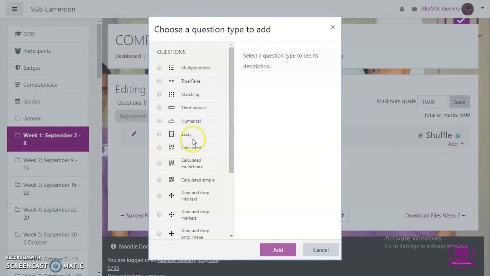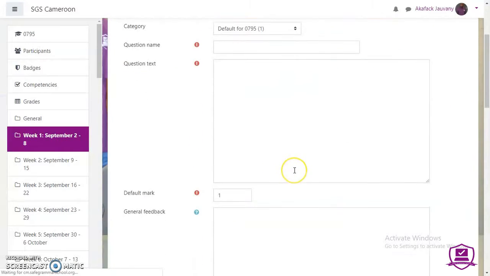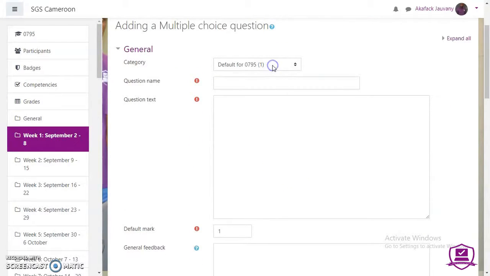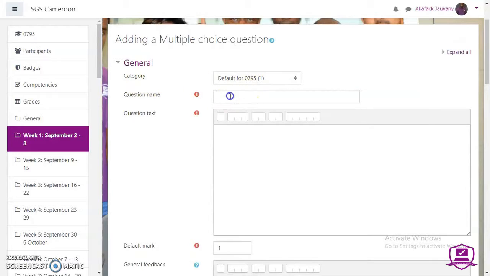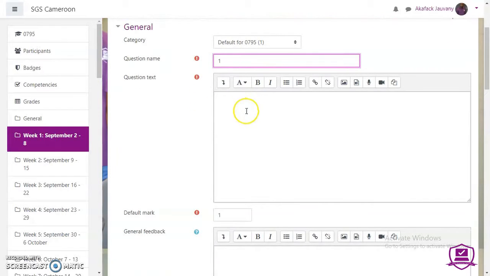And here you're going to see that the self quizzes, or at least the quizzes, have different types of questions. You have multiple choice, true or false, matching, short answer, and so on. So we are going to click on the multiple choice. So this, our first question for our self quiz week one, is going to be multiple choice. For this multiple choice question, we are just going to put the name of the question as 1, and here question text,